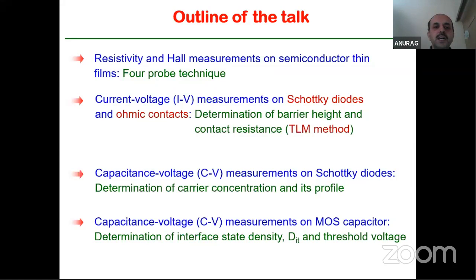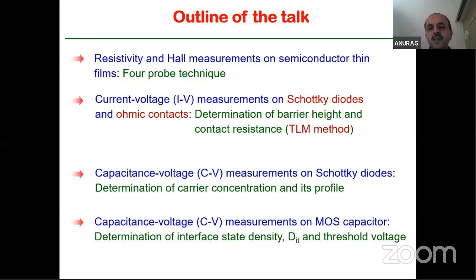Then I will come to the capacitance voltage measurements. Here there is no DC current flowing. We are only applying a DC bias, DC voltage, and measuring the capacitance of a particular device. I have again taken the Schottky diode as a reference, and we will see what we can measure using this CV technique. And finally, if the time permits, I will touch upon the CV measurement on a MOS capacitor,